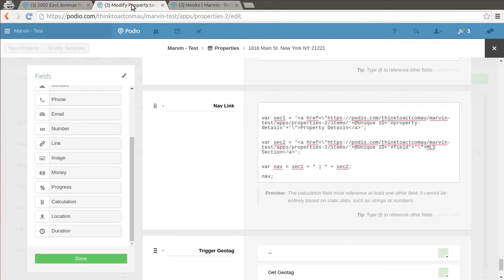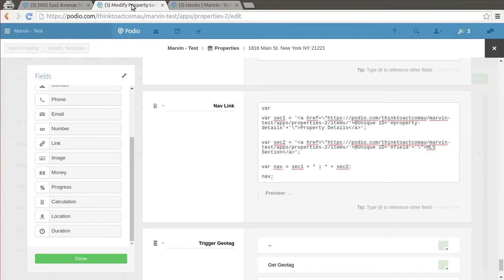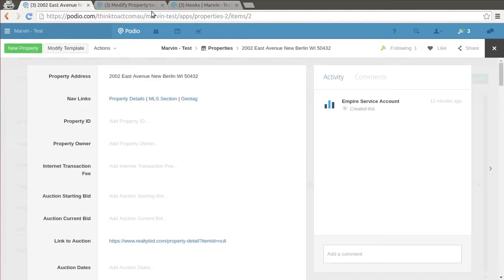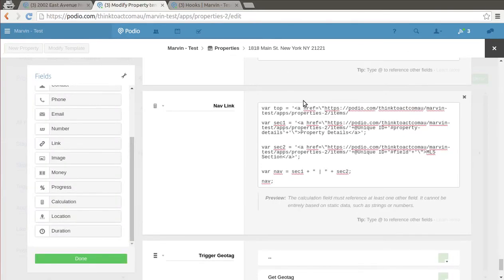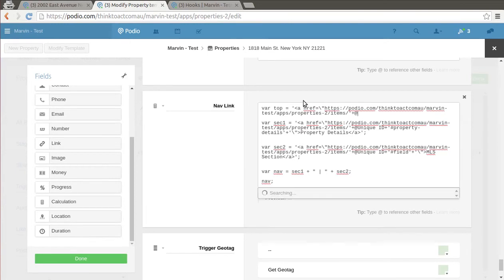So let me declare another variable var top equals single quote less than sign a href equals / quotation, and then I'll capture this again, paste it in here, and then single quote plus sign at unique ID